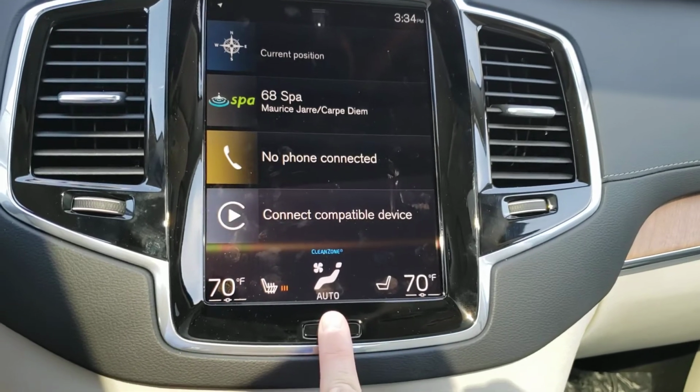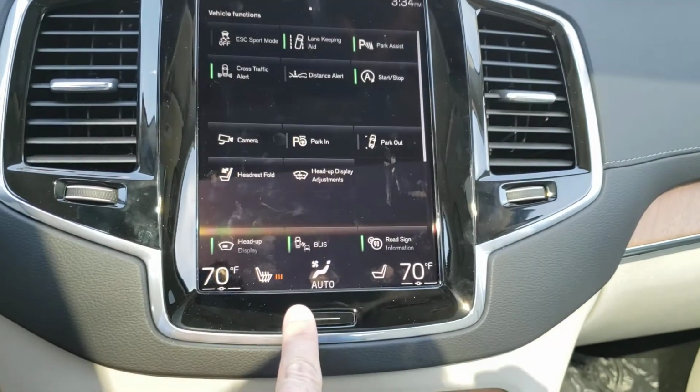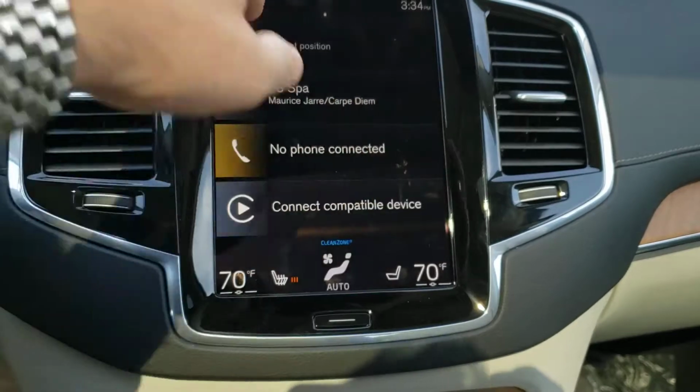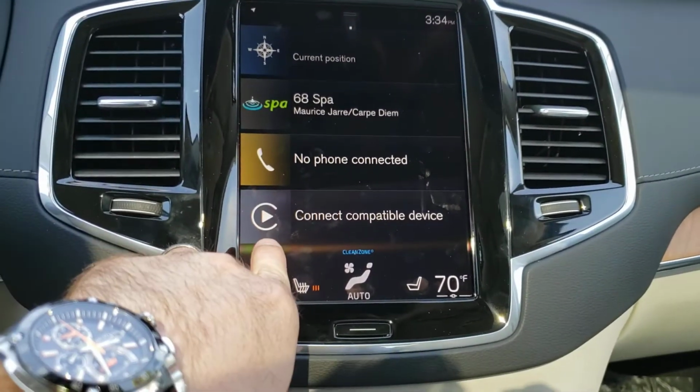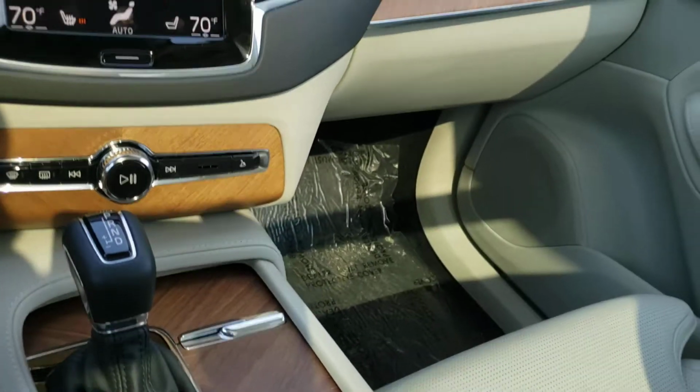Okay, so this is always your one step back button. You come over here, this will always bring you back. Main screen, you're going to have your navigation, your stereo, your phone, and then right here we have our Apple CarPlay functionality. If you're an Apple device user,